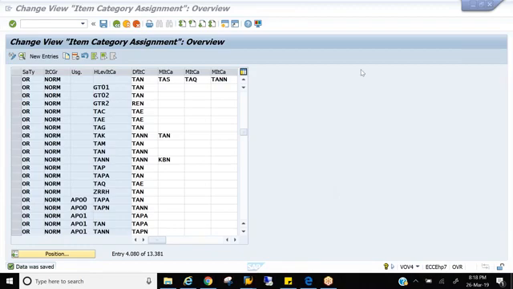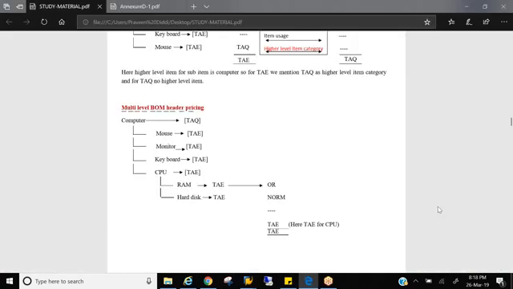Praveen, I may have a question. Go ahead. For free goods TANN, we have two situations. One, we can give the item usage, and second one is higher level item. What is the difference between these two? Actually, both are automatic determinations, na? Then what is the difference between these two? Higher level item is ZTAN. It is not TAN, ZTAN.